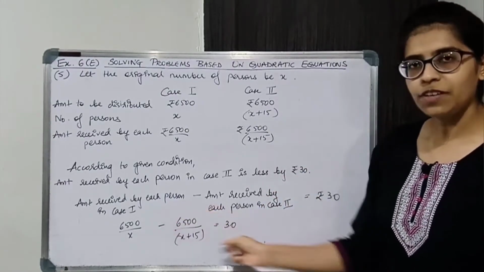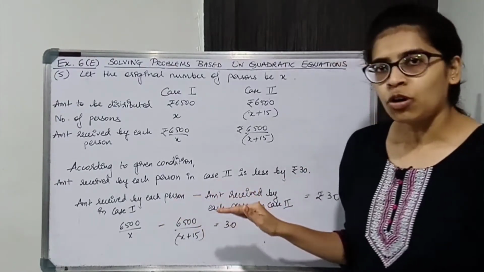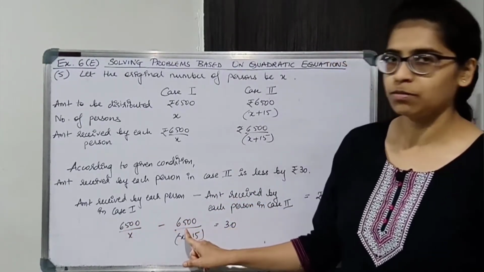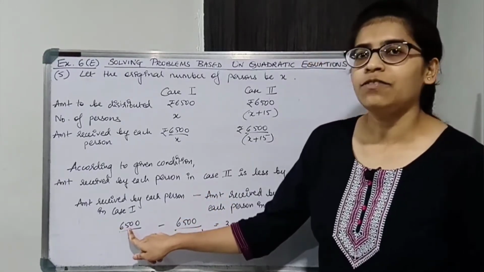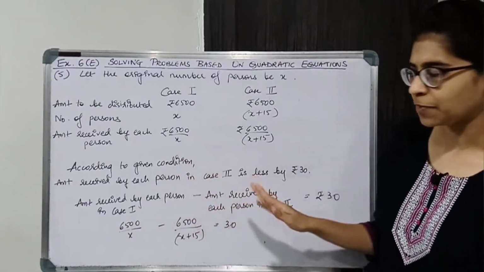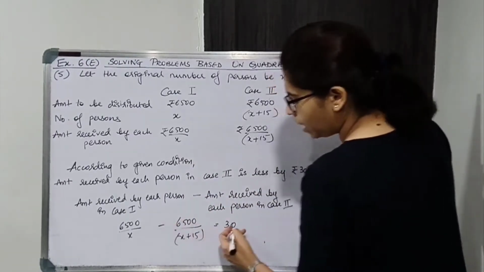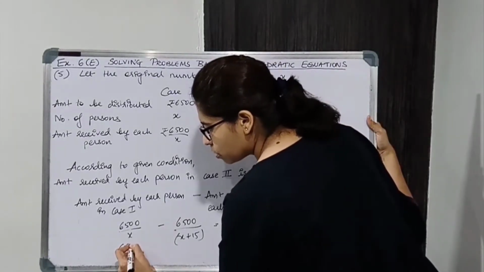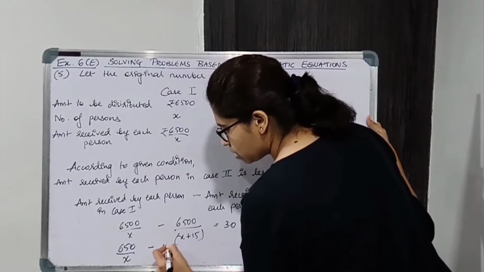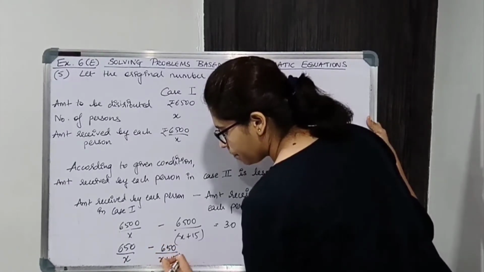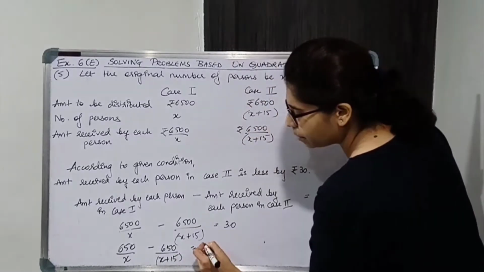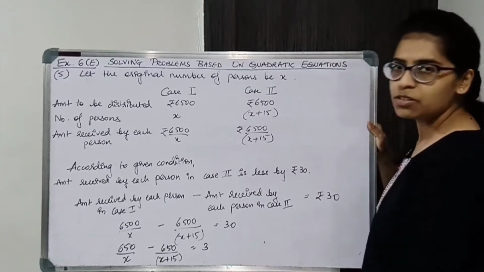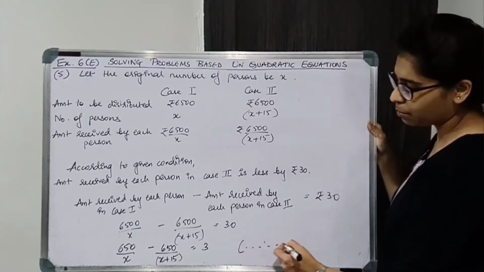Now this is what we are getting. Can we make the numbers smaller? Yes. Now here we have 30, so can we divide by 30 over here? No. 6 plus 5 gives 11, so this is not divisible by 3. Okay, so what we'll do, divide by 10 instead. Let's divide by 10, so we'll get little smaller numbers. So 650 upon x minus 650 upon x plus 15 is equal to 30 divided by 10, that will give 3. Okay, so we got little smaller numbers. Now we'll solve this. So over here just give reason, dividing by 10 throughout.